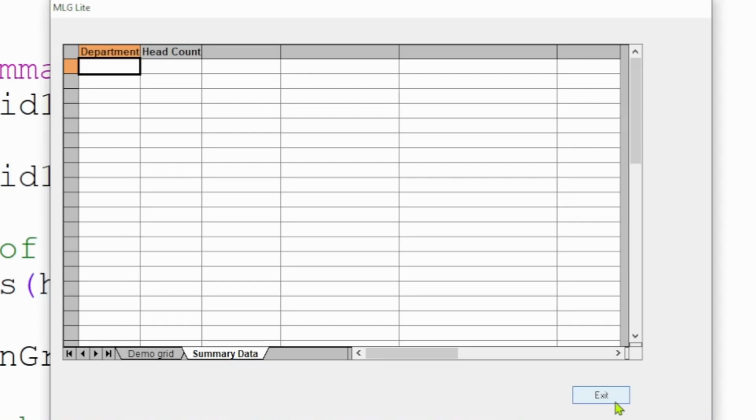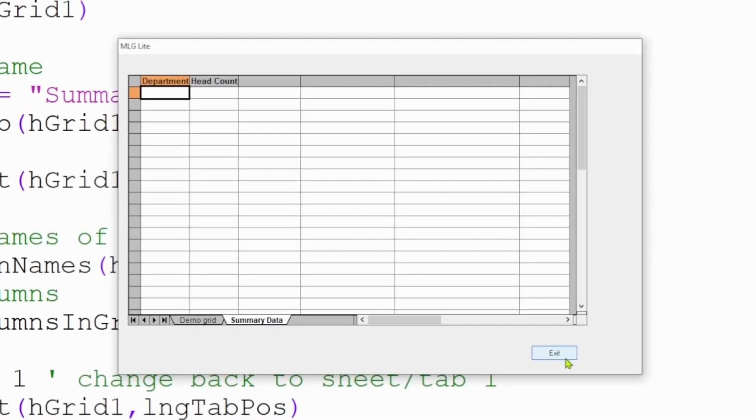So our summary data columns are now wide enough for the data in the header. Now, as we have two columns here, we'll want to adjust the columns to pick up the formatting that we want to be in them. I want the department column to be left justified and coloured blue. And the head count column I want centered into the column, and we want the colour of the font to be red. And both of these are to be locked so that the user cannot update them.